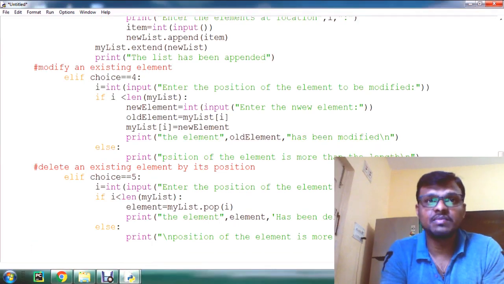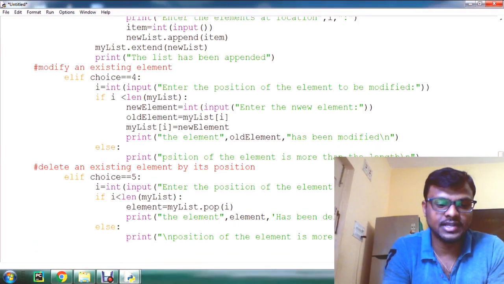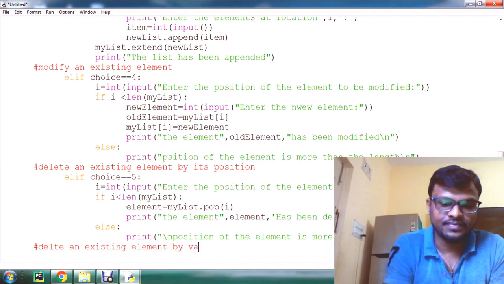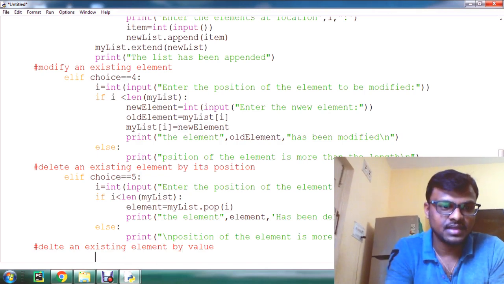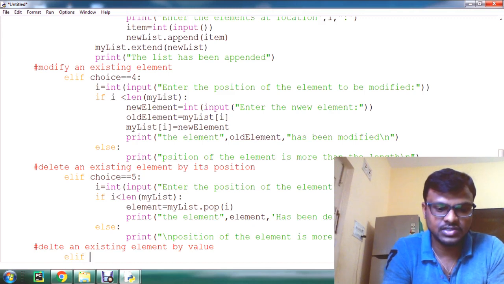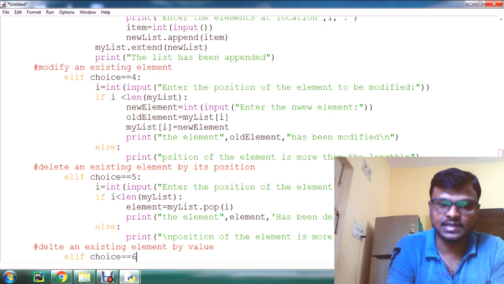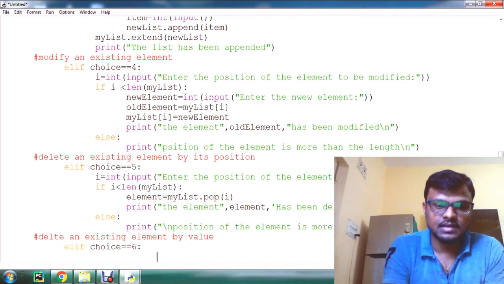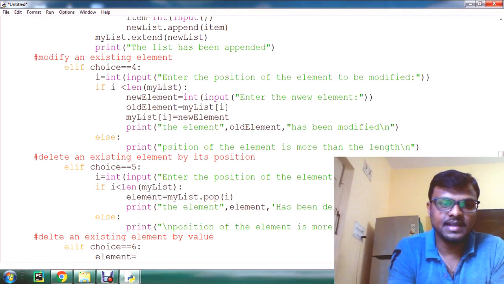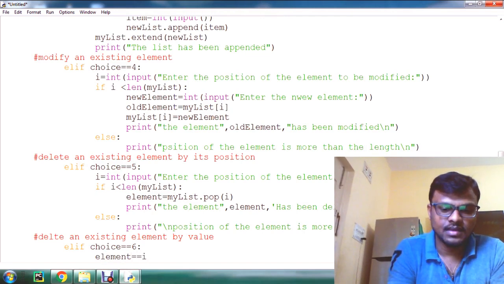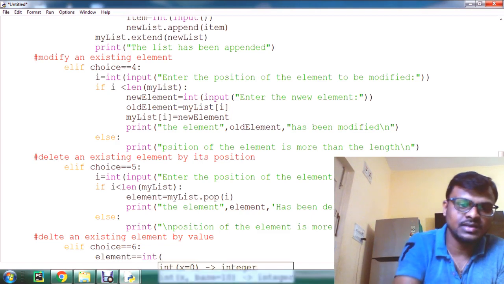Done. Well guys, we'll move to our next operation, that is delete an existing element by value. Previously we have seen by its position, now by value. For that, elif choice is equal to 6. Now we have to give the element, so we have to enter the element.